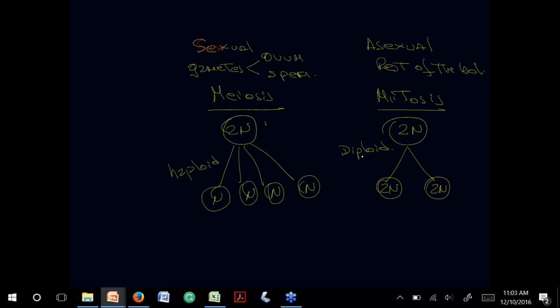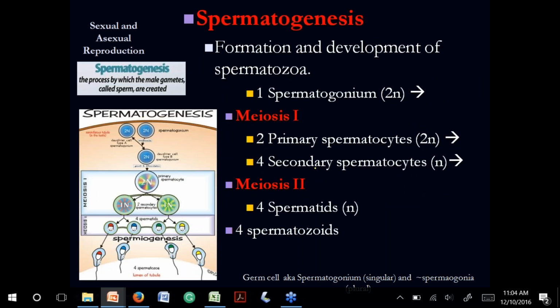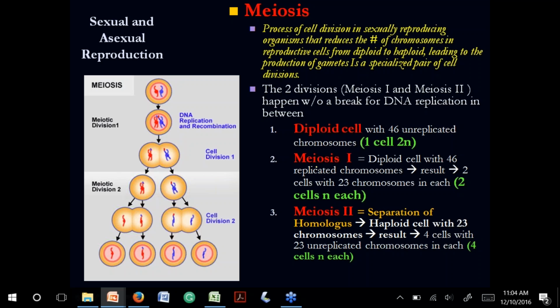So that is, and you remember the prophase, metaphase, anaphase, telophase of mitosis. We have a double division here. We have prophase, metaphase, anaphase, and again, prophase, metaphase, anaphase in meiosis. So the result is going to be the spermatozoid here, sperm, or the ovum. In the sperm, in male, they are going to get the tail later, right? In female, they are not going to have it. So it's just the N chromosome, the N cell. All right, so that is about the process.